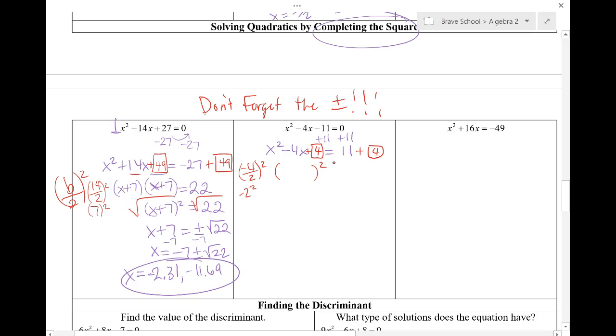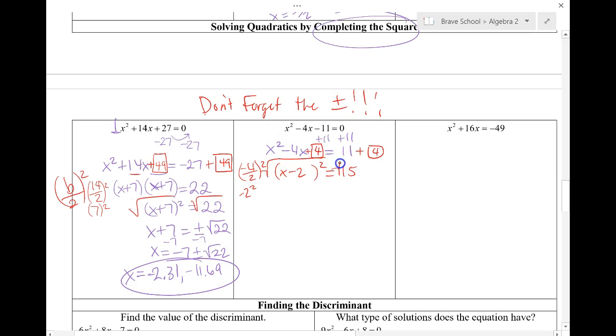I'm going to jump ahead a step here, because I know that both of the binomials are going to be the same. That's the point of completing the square. We're going to have x minus 2 and x minus 2, so it's just x minus 2 squared. And then the other side will be 11 plus 4, which is 15. And then again, let's